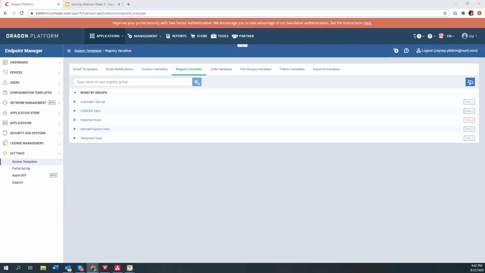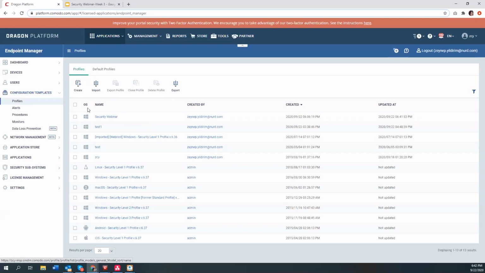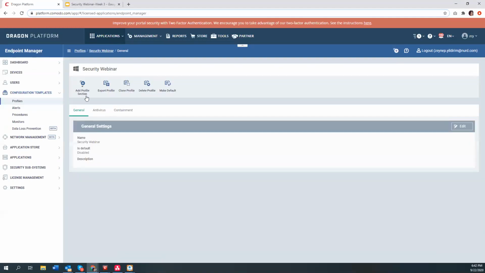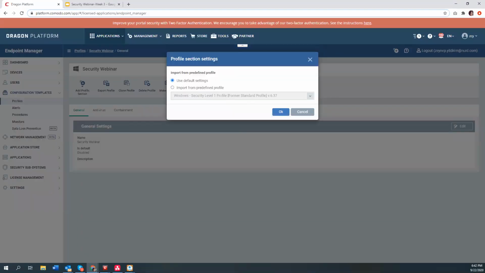After configuring detailed containment rules, we can continue with the HIPS section. The host intrusion prevention system constantly monitors the system activity. It allows processes to run if they comply with the security rules in the profile on the endpoint. For example, HIPS protects system critical files and registry keys from unauthorized modification by malware. So CCS ships a default HIPS rule set